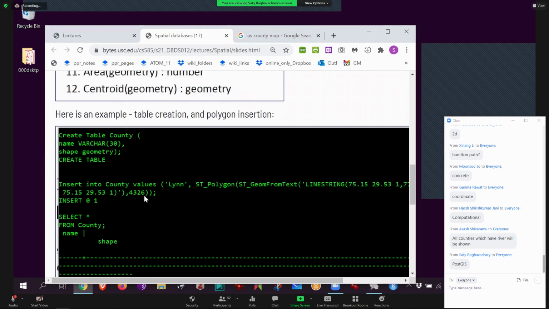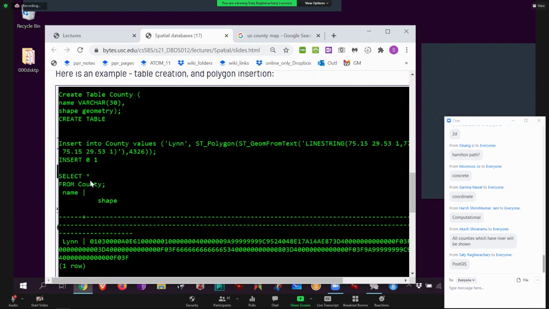Overlaps, contains, length. And then I did this just for fun to show you guys a couple of years ago. You can just make a table just like that. Create table, insert into county. So this one is PostGIS, okay? So easy, just insert values. And then these are the column names. This is the column parameters, rather, meaning this is the name of the county, and the geometry shape, you have to say this, okay? The line string just means the actual data. Geom from text means take that string, the text value, and convert that to an actual geometry internal data type. And then not any geometry, turn that into a polygon. So like 3 constructors, okay? It's happening here. And then you get your polygon.